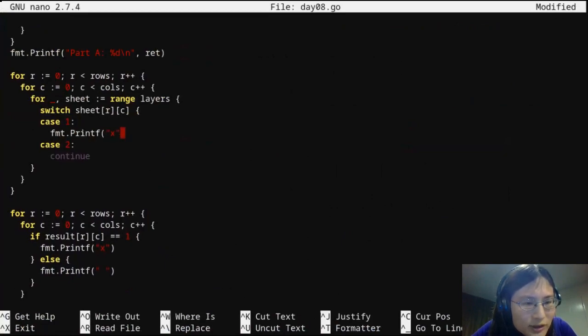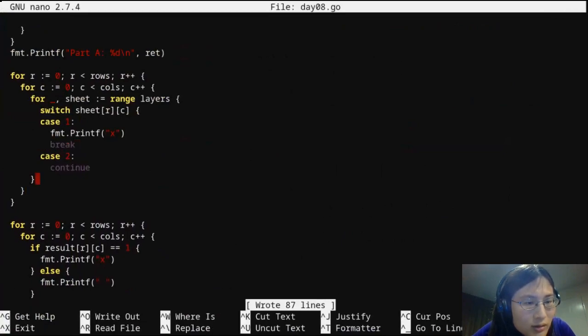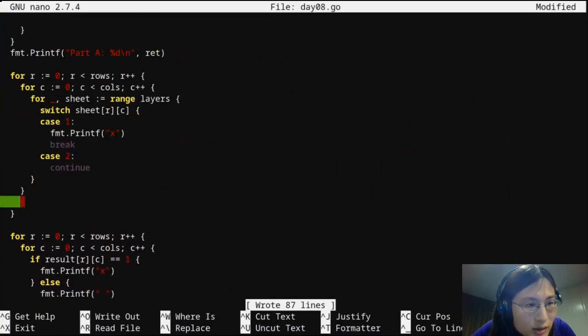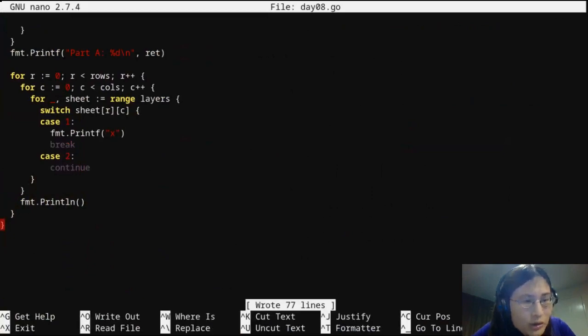I think that works slightly better and is a little bit cleaner. And then this just does. Okay, I think that will work just as fine and be a little cleaner.